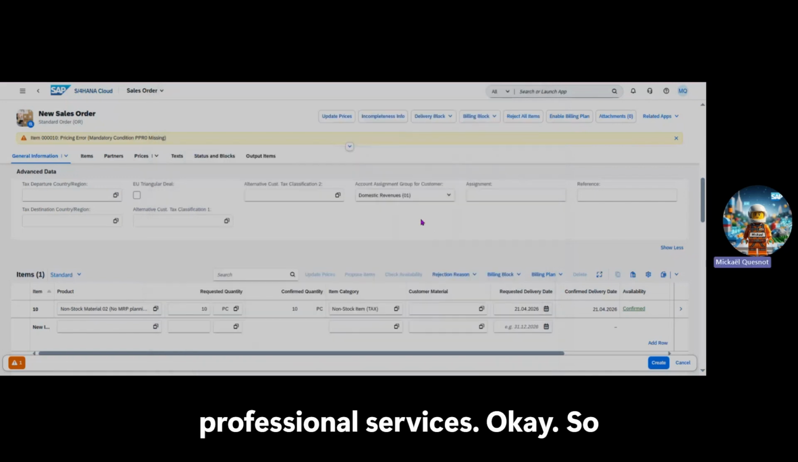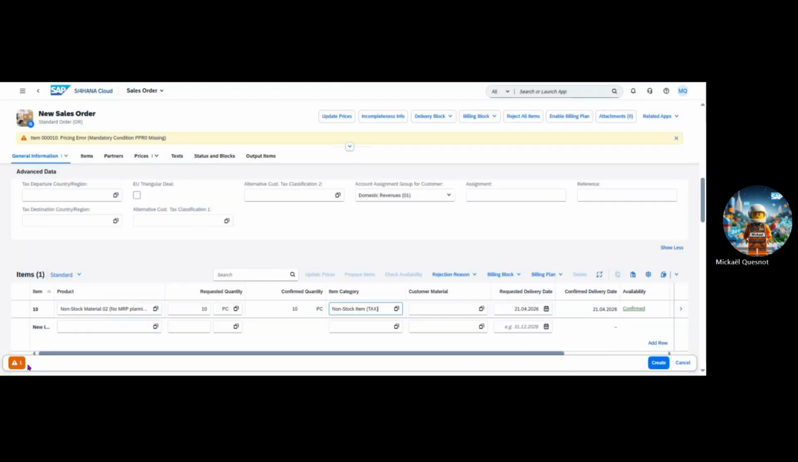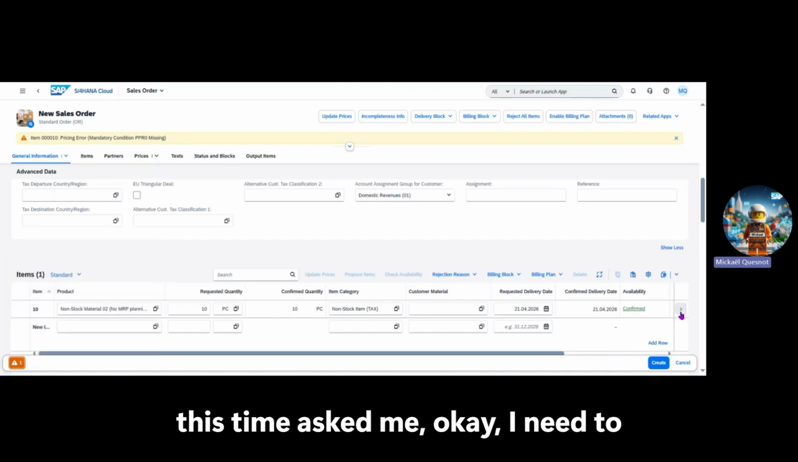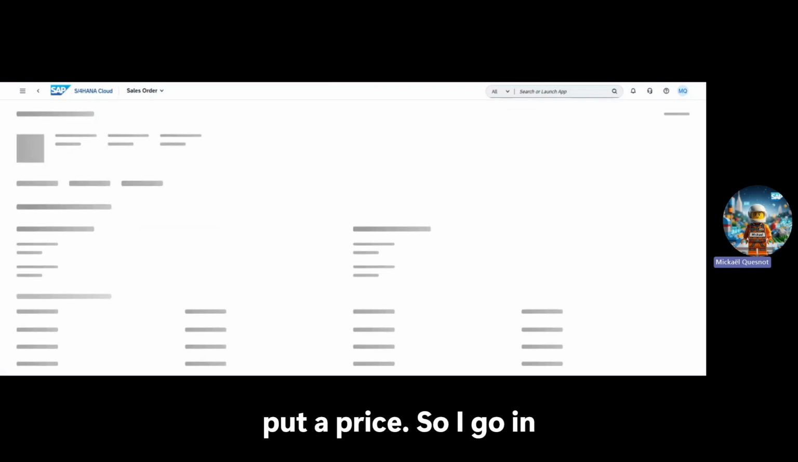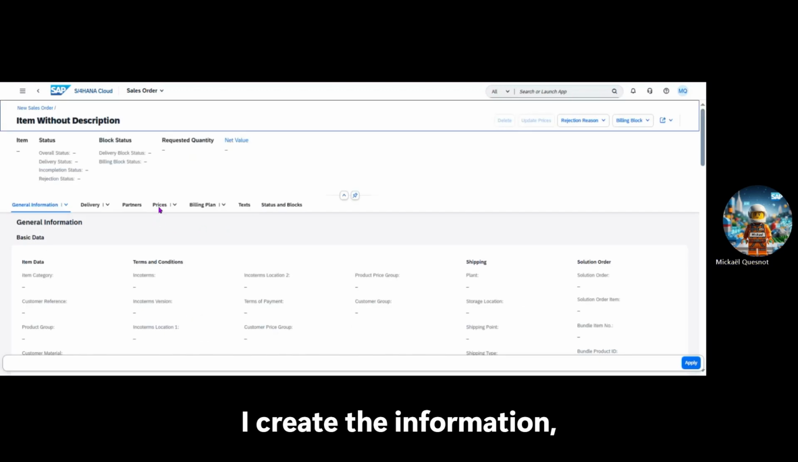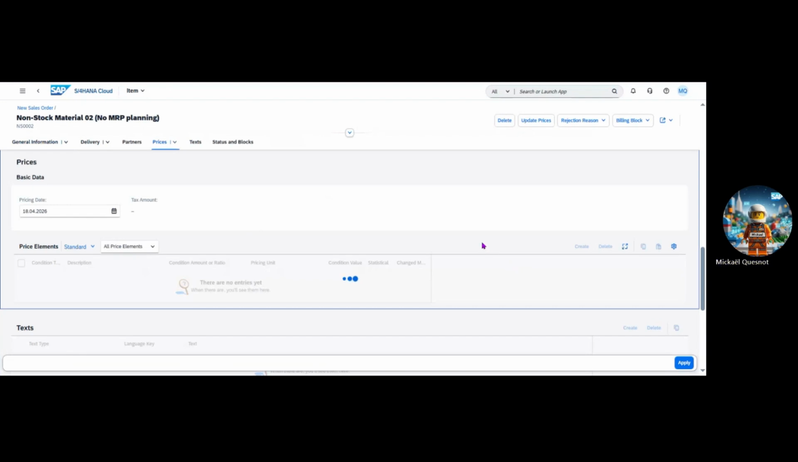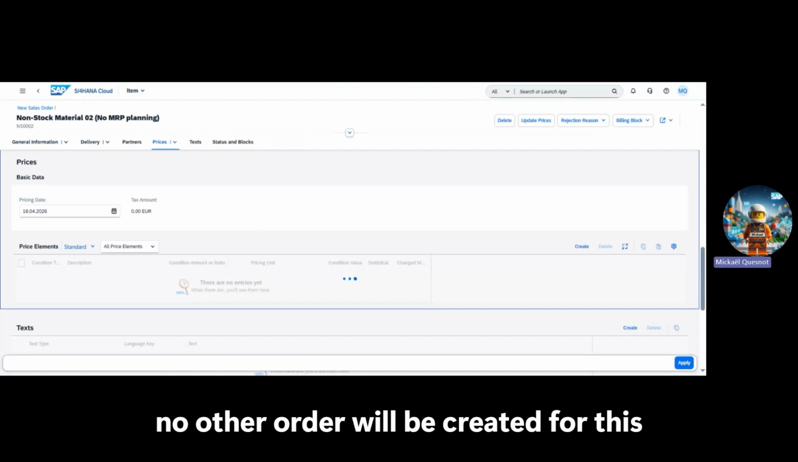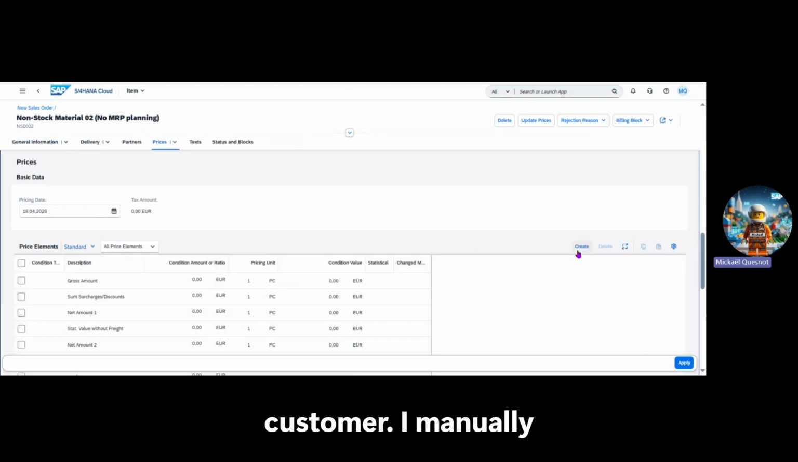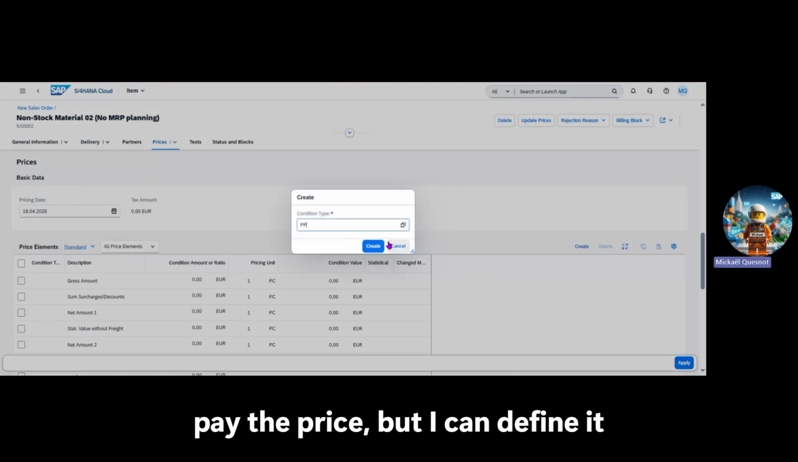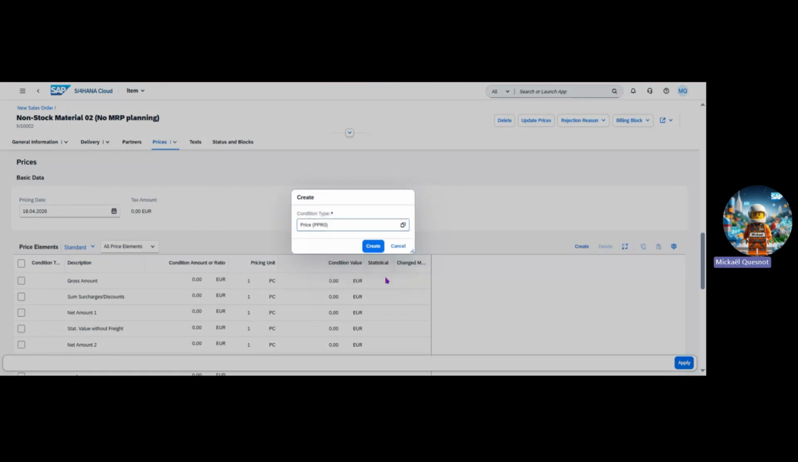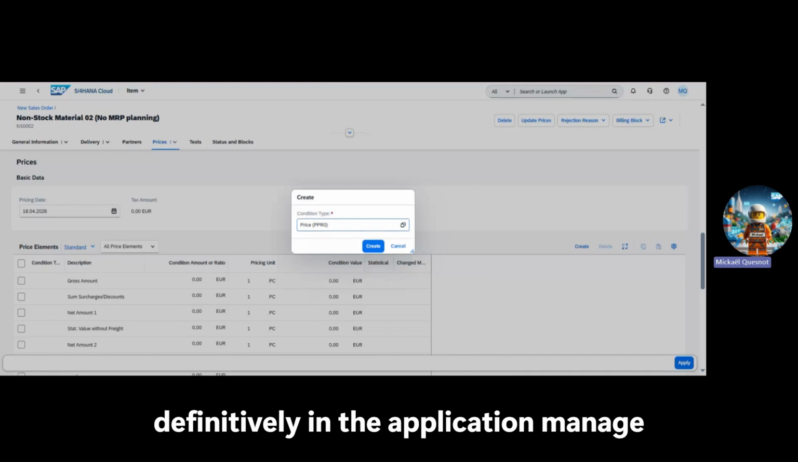professional services. So the system asks me, okay, I need to put a price. So I go in the detail of my item, and I complete, I fill, I enter the information. The price, if I do something, for example, like create, because I suppose that no other order will be created for this customer, I enter the price manually, but I can define it definitively